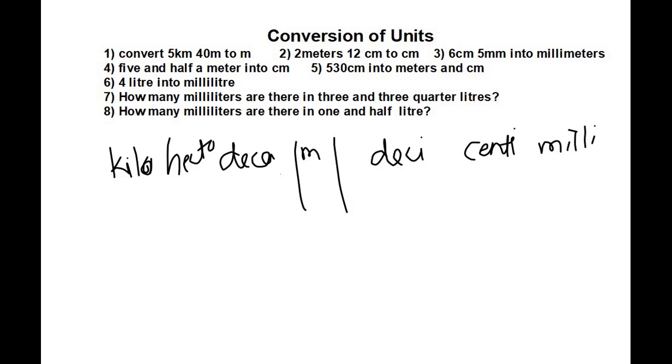So milli, centi, deci, deca, hecto, kilo. If you say this is 1 meter, going in this direction you always multiply by 10, and going in the opposite direction you need to divide by 10, which is like if you have a scale and this is say